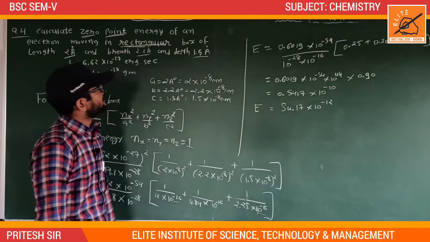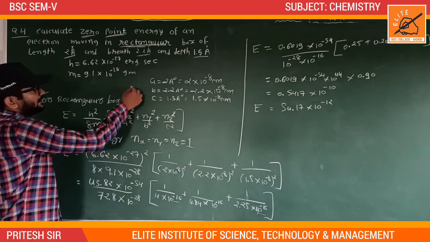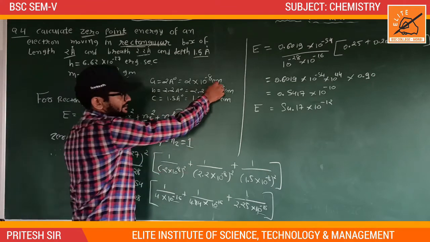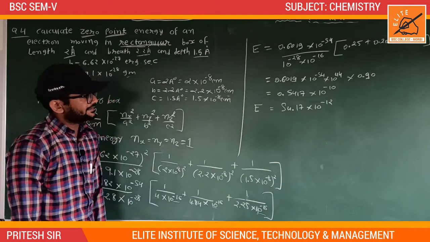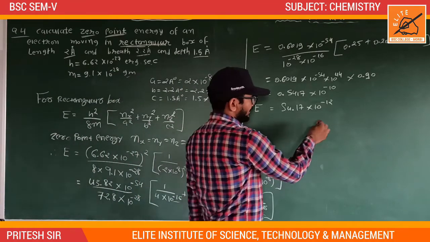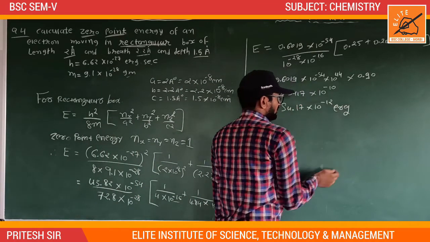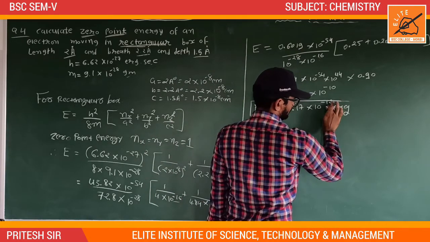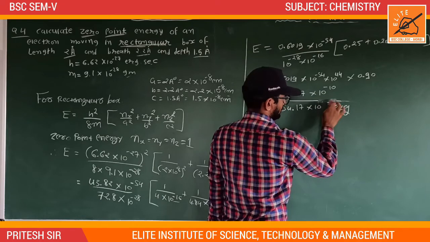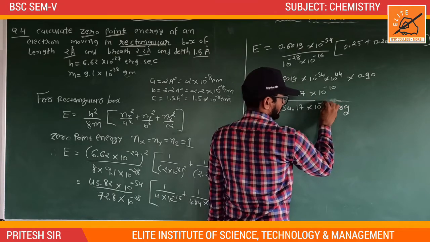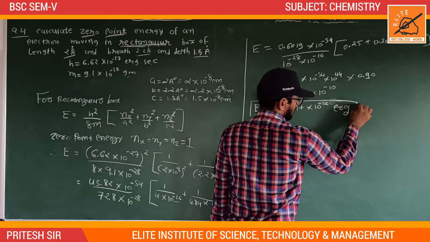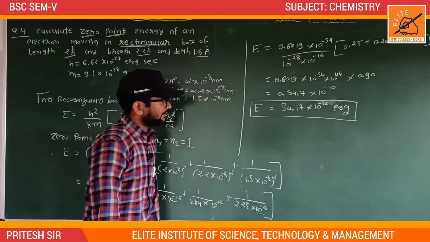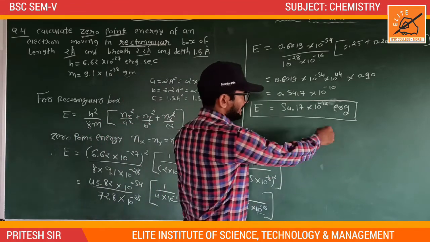Okay, so in this case units are given in CGS: centimeter, gram, second. This is the CGS unit. So the CGS unit of energy is erg. So the final value of energy is equal to 54.17 into 10 to the power minus 12 erg. Okay,